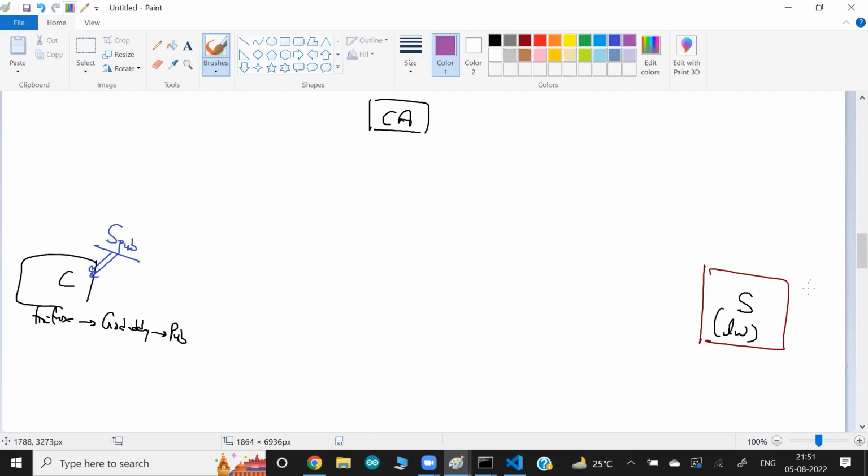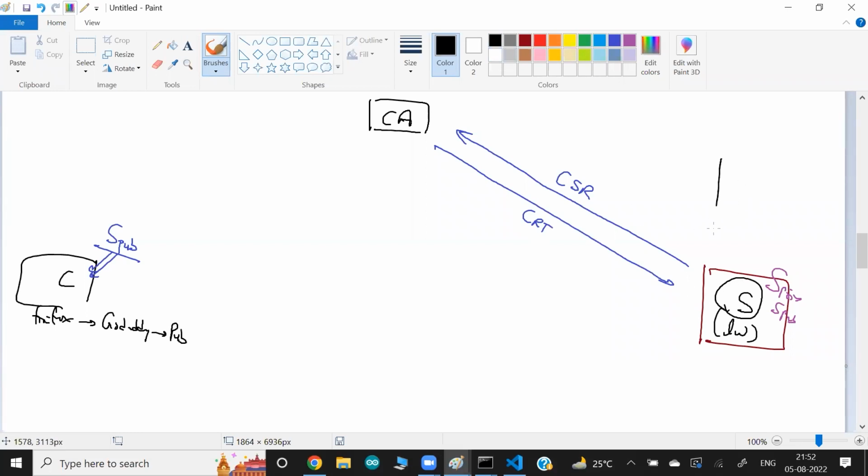Okay, so the server will create a private key and public key, and as I explained, it will send a certificate request, and the CA will verify and send it back. But how do they verify? For verification, there are 3 different methods. While creating a certificate, the server will put in its public key